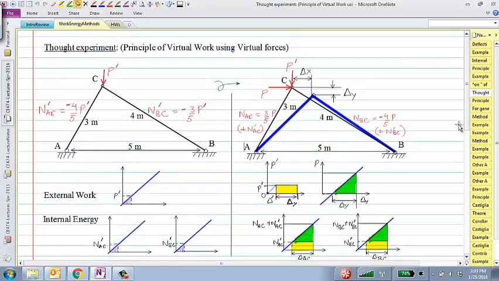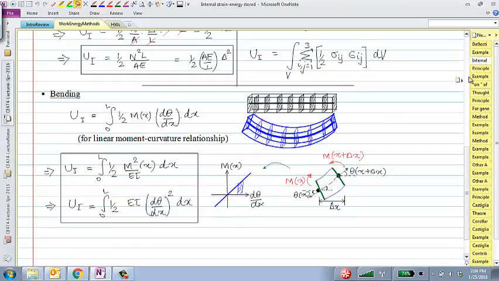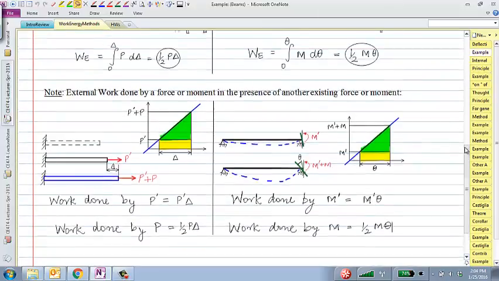And this goes back to the concept of work done in the presence of another force that I had talked about. So maybe I'll talk about this a little bit first. If I have any structure, a free structure, there's no load on it. Now I apply a small load P prime, and it undergoes some deflection. There is clearly some deflection from here to here. And if I were to plot the external force, you can see that it goes up to P prime, and it also has some small deflection